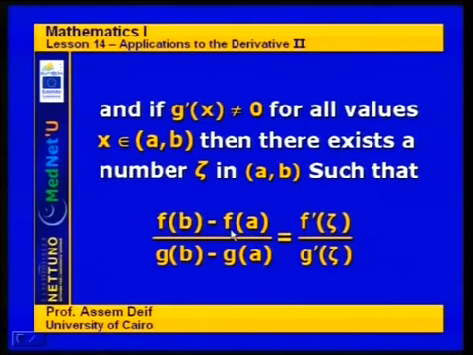In fact, here we have to notice something. First of all, this looks very much like the mean value theorem. Why? Because if you substitute f(b) minus f(a) by (b minus a) times f'(eta), and then you cancel out b minus a from both numerator and denominator, you end up with this form. But the difference is that zeta 1 and zeta 2 may not be equal. This is one thing. The other thing is that g(b) minus g(a) is not equal to 0,